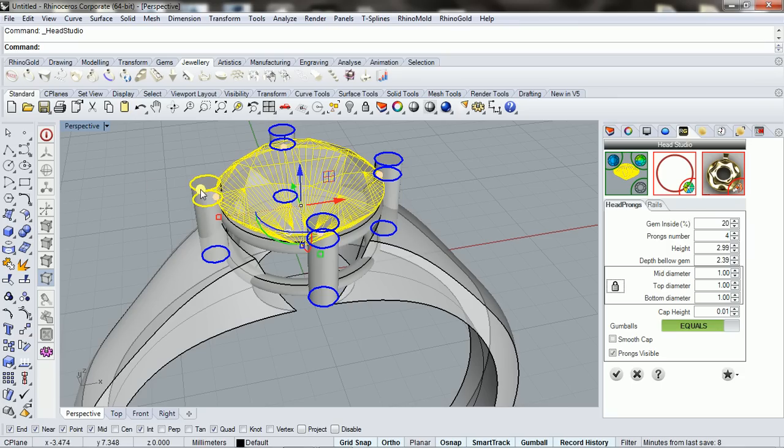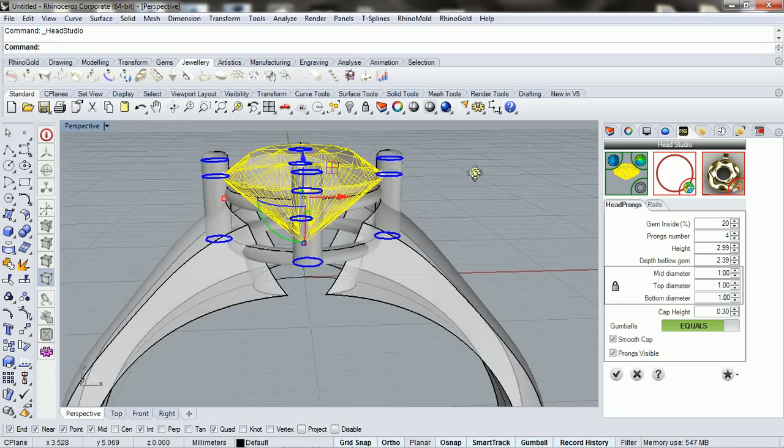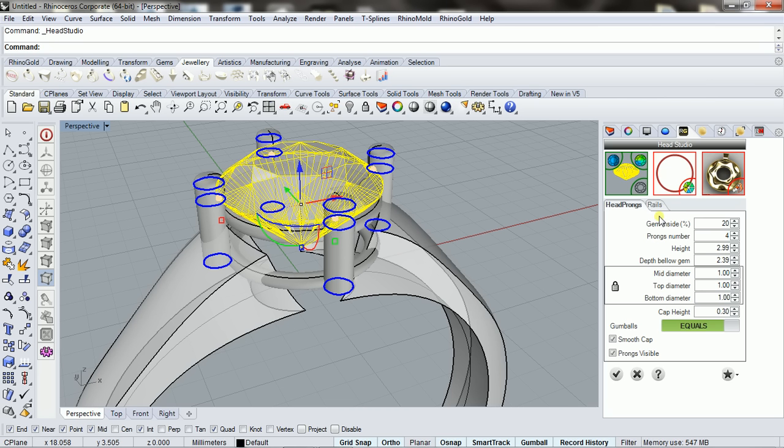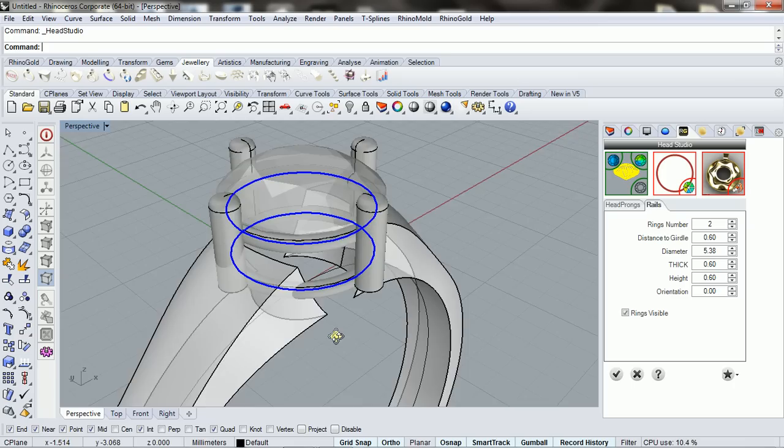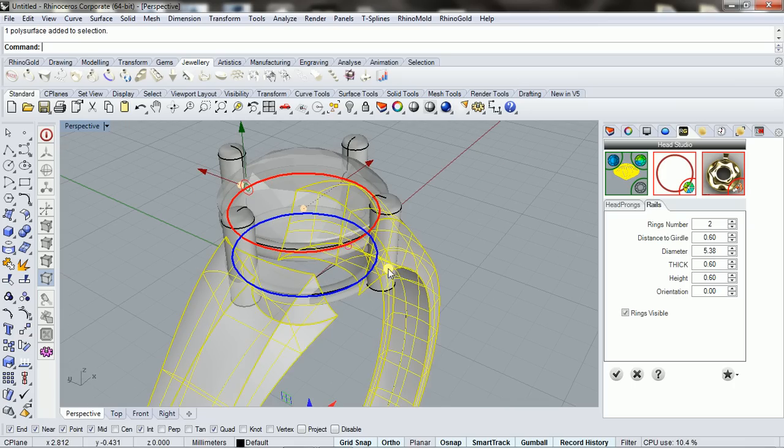Then the head side, okay, the head side, I'm going to change the cap head to 0.1. Then I'm going to smooth, or better still, I can make it 0.3 to get a nice curved shape here. Now you can go to the rails with this. Now you can adjust the rails,